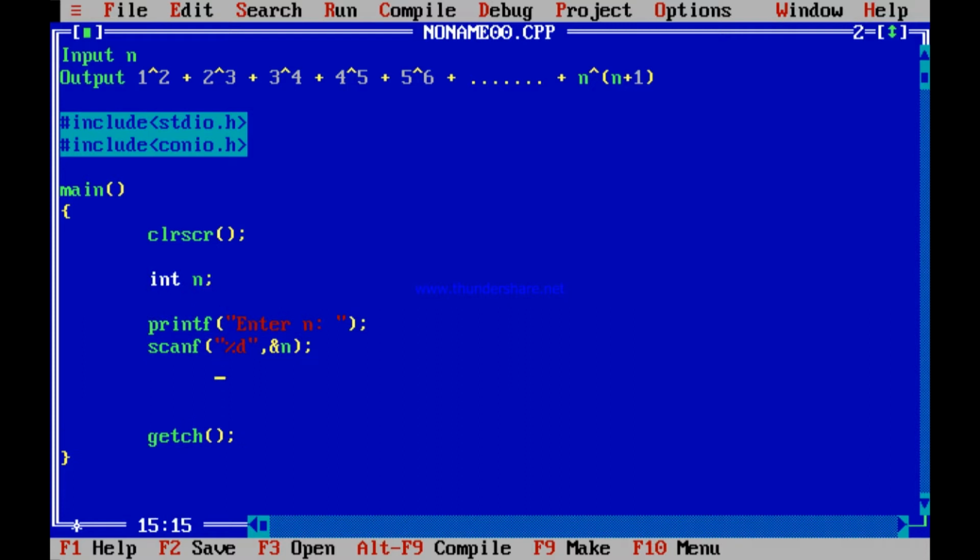Now how to calculate each term, how to calculate this term? So definitely, say, this is I, I will need I to the power of I plus 1. Similarly next time this will be I, I will again need I to the power of I plus 1. Next time this will again be I, I will need I to the power of I plus 1. This will be I next time, I to the power of I plus 1, and so on.